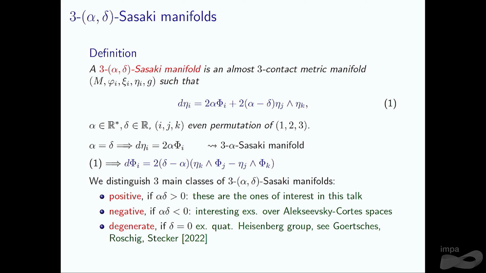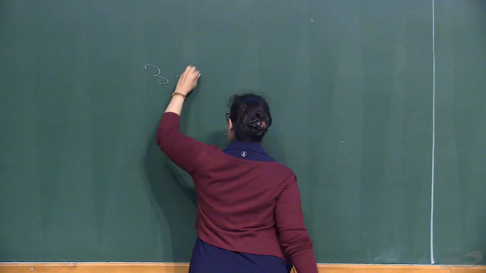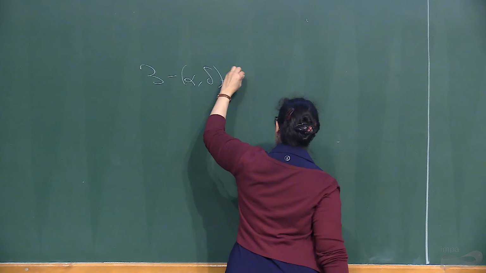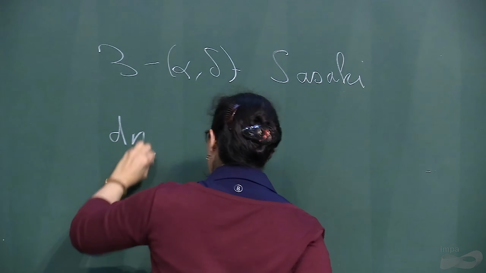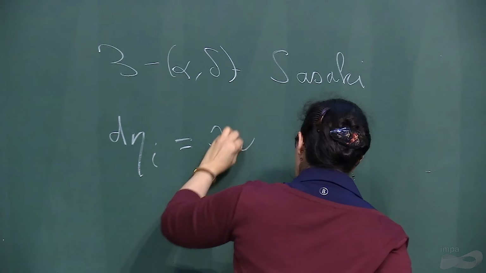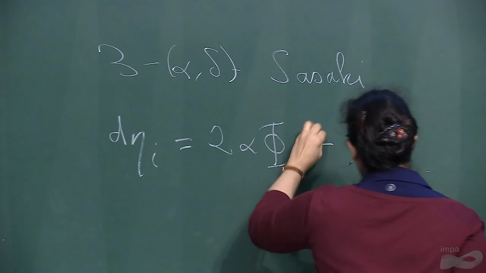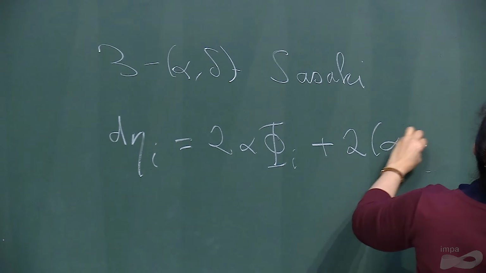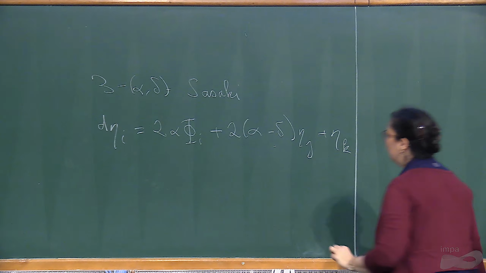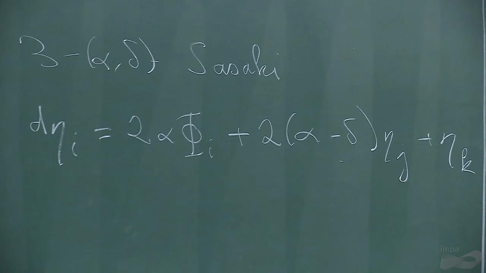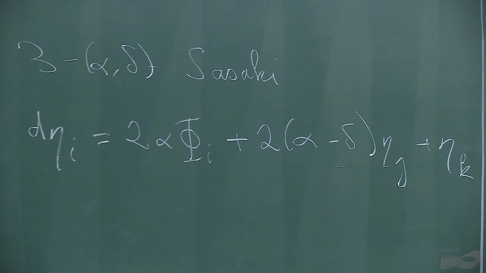So this is the general condition, three-alpha-delta Sasaki: d eta_i equals 2 alpha phi_i plus 2 alpha minus delta eta_j wedge eta_k, where ijk is any cyclic permutation of the indices 1, 2, 3. And we see immediately that alpha equal to delta,